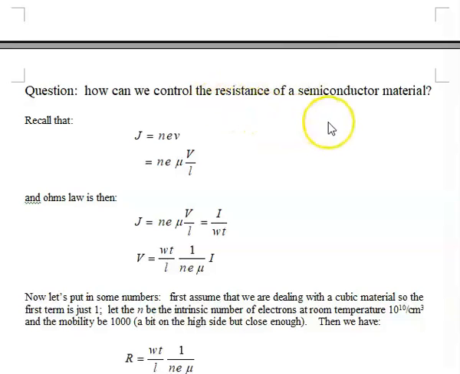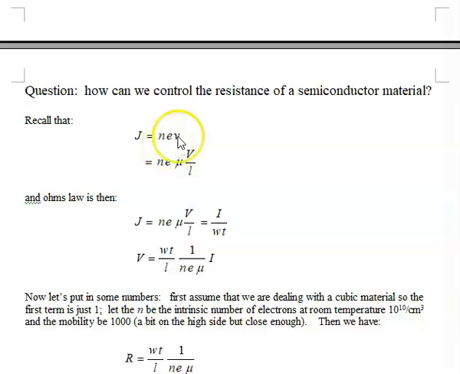Now here's a question before we get started on the formal part of our material. How do we control the resistance of a semiconductor material? Well, I hope you recall the current density of a semiconductor material, if there is a mobile charge and a voltage or an electric force. The current density in amps per square centimeter is equal to the number of mobile carriers, and this is the important one right here, times the electric charge, 1.6 times 10 to the minus 19th coulombs,